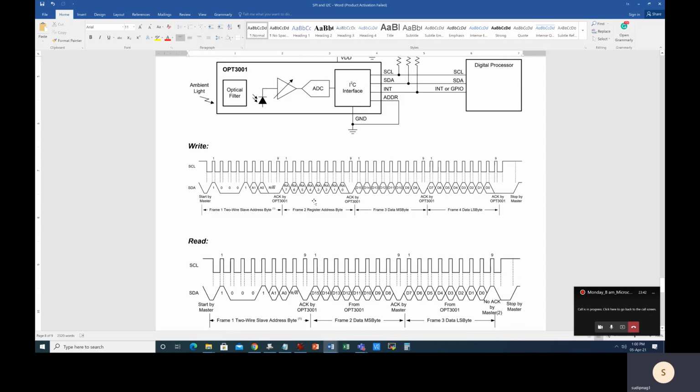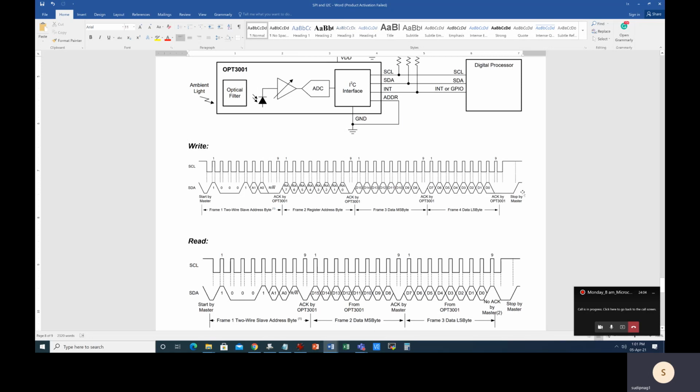Similarly, a read operation can also be invoked. So in the read operation, assuming I have written to some register, initialized it already, and now I want to do a read. If you want to change from read to write or write to read, you have to obviously apply a stop condition in between. Otherwise, it will remember the previous read or write condition.